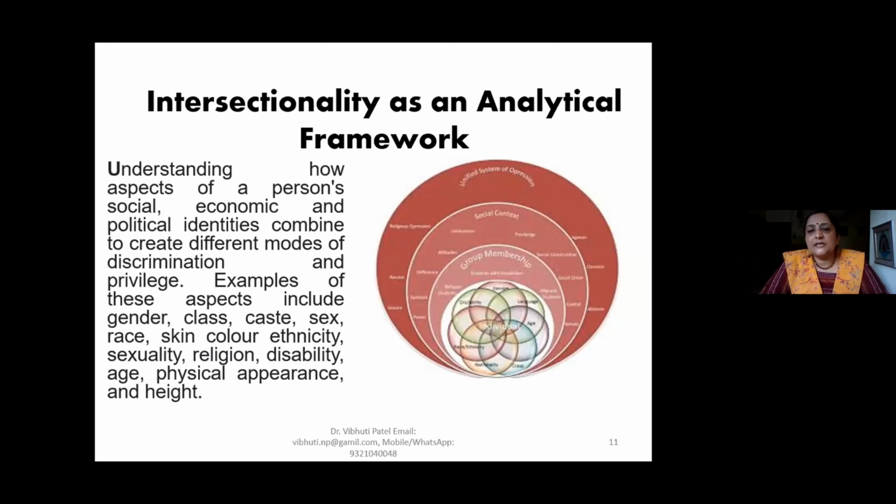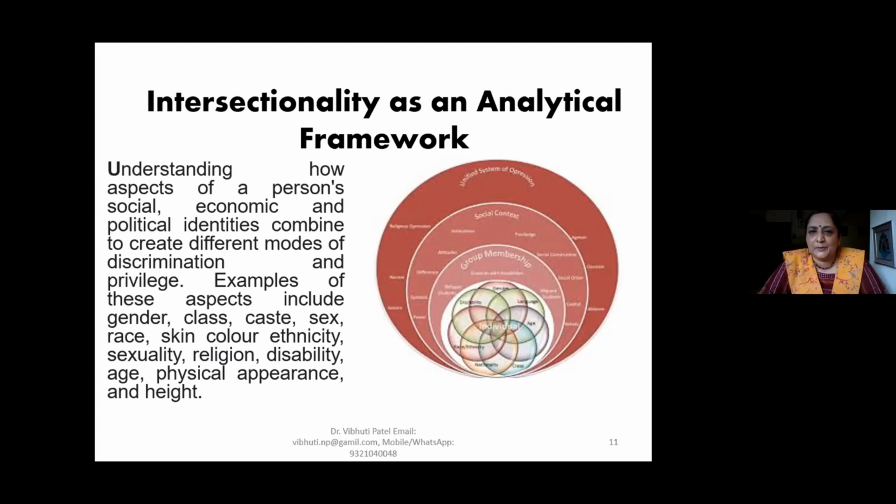Sexuality: how we treat the sexual minorities, what kind of deprivation they have to face. Religion: religious minorities, how are they treated? Disability: how we treat a disabled person as a piece of furniture. We don't treat that person as a citizen. We don't think that they also have so many dreams, demands, urge to be loved. When it comes to disabled persons, they have a role-lessness. To not have any role can be very devastating.